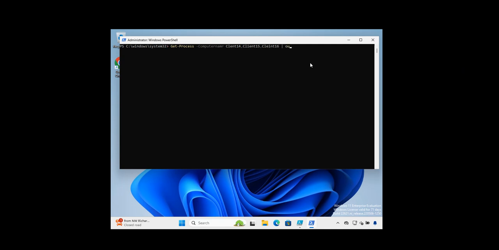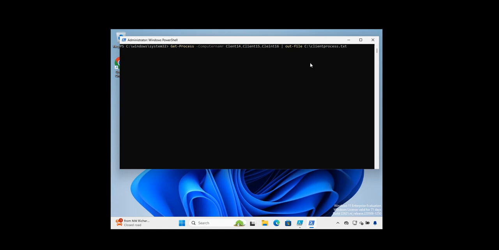Then we're going to say Out-File, and for example, C colon backslash, what are we going to say, for example, client 20 process, or a folder name instead of C, and process this, that